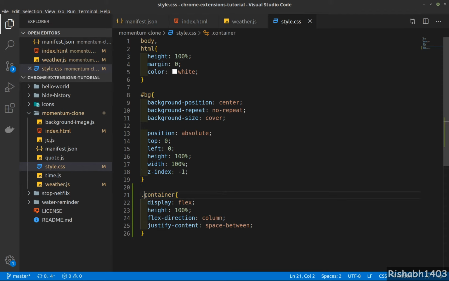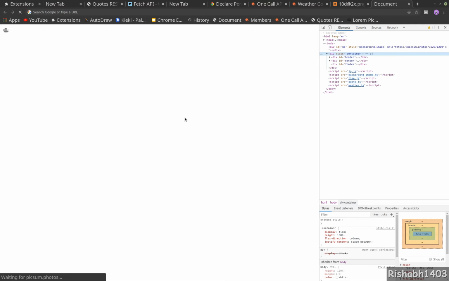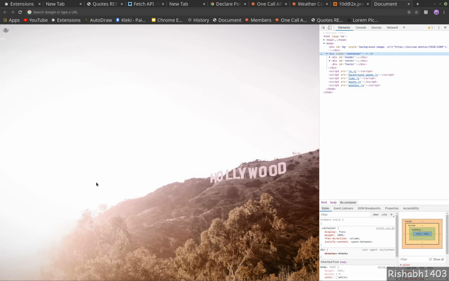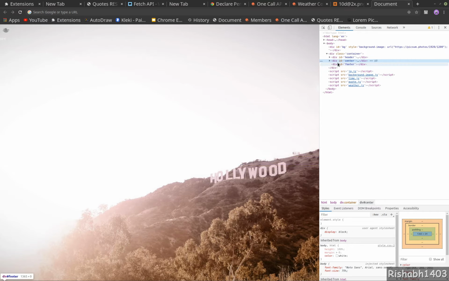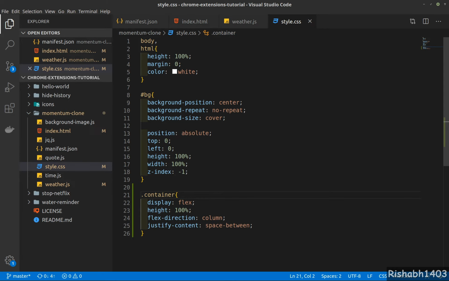Okay. So where is my time? Okay, center, as you can see, center is here and footer is at the bottom and header is at the top. Next, we need to make sure the header itself is a flex, which will have direction as a row, and we'll have to put this whole thing here. So let's go ahead and do that.